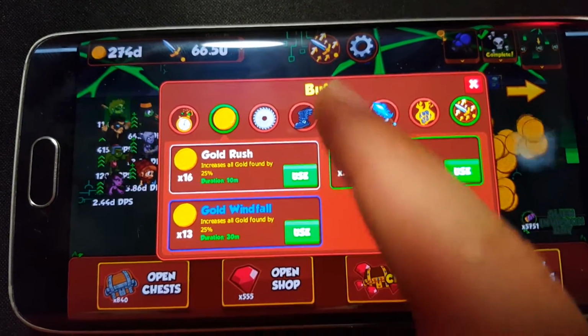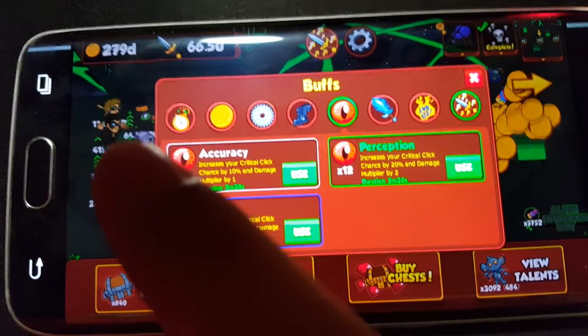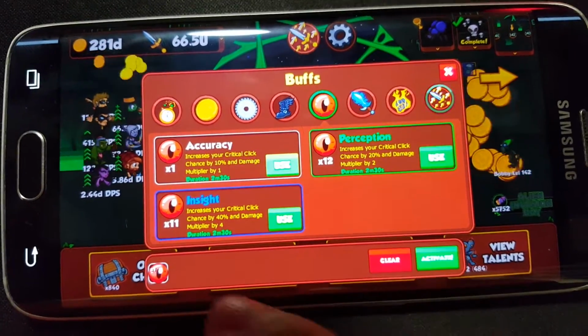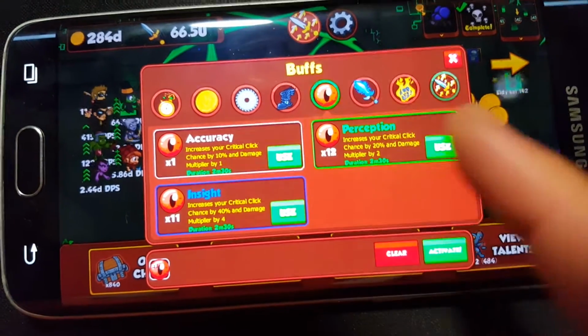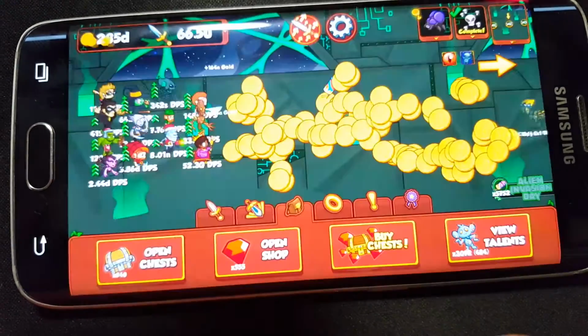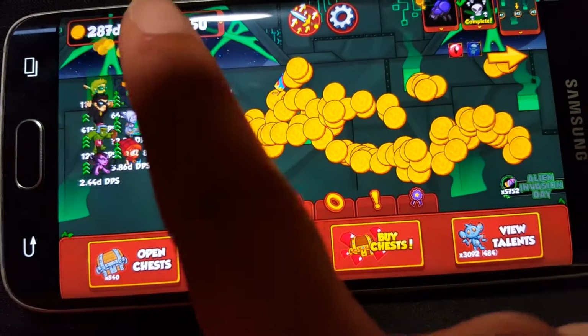If I want to activate it, I like to use these because I don't really care about these too much, and I get a nice little gold bonus because of Batman over there. So I'm going to hit use, and you'll see that it pops up down there for me to use. It'll say, okay, that's what's going to be activated. You can activate multiple things at a time, and they'll all pop up down here, and then I just hit activate. Boom, there it goes, and my gold bonus went up too, even though I didn't show it, which is at,